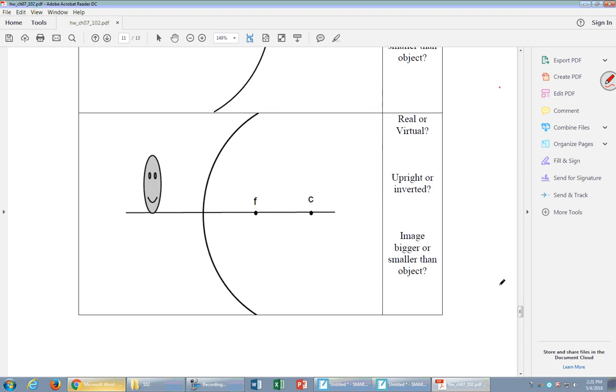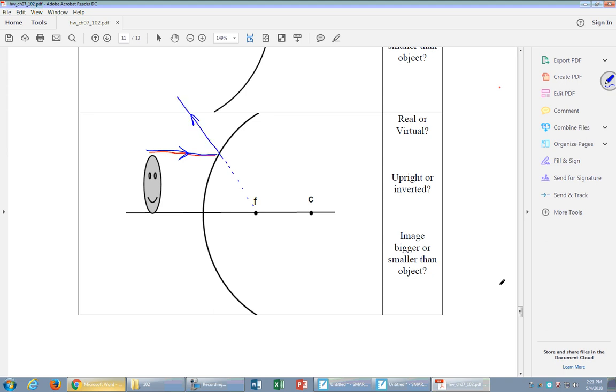For the second one, this one's parallel to the axis is the first ray. Let's do it in the same color as we did before. Parallel to the axis and then through the focal point. But look, this is a diverging device. That means that the rays diverge from one another. And so that ray is going to go